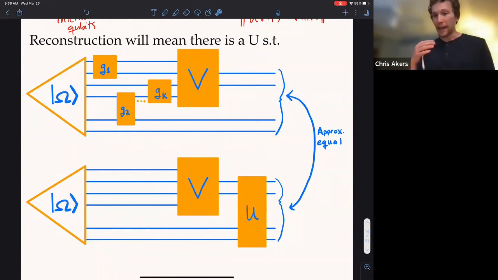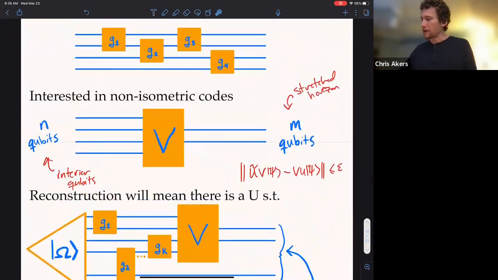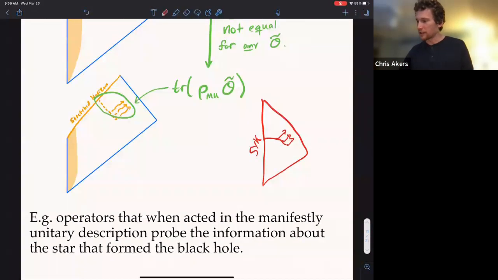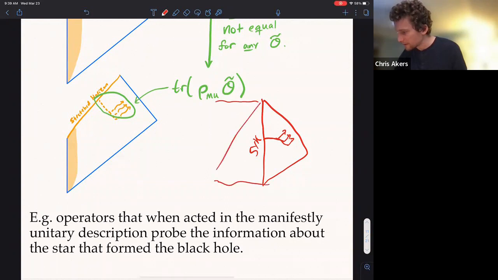But in the case of the evaporating black hole, I'm imagining those to be like the exterior Hawking quanta. If you like, I'll go back up to this SYK picture. I'm imagining, if I draw SYK's dual or something, I'm imagining that the map between the gravity description,